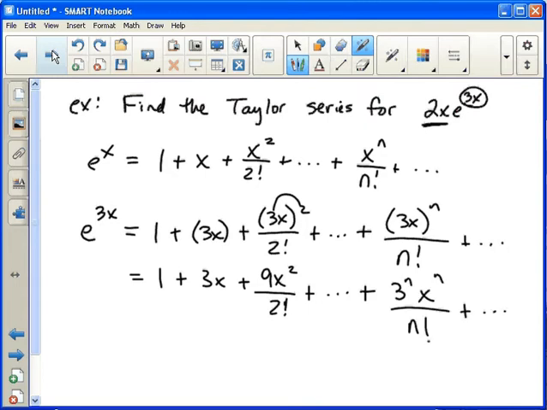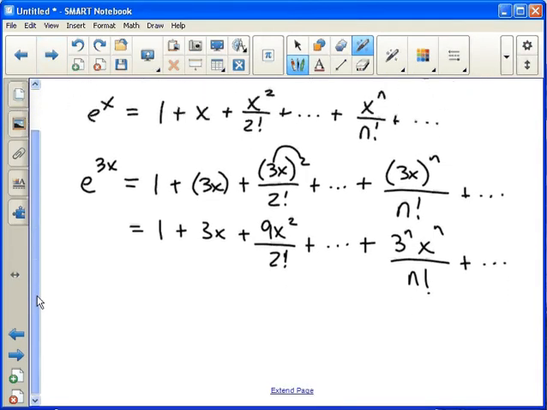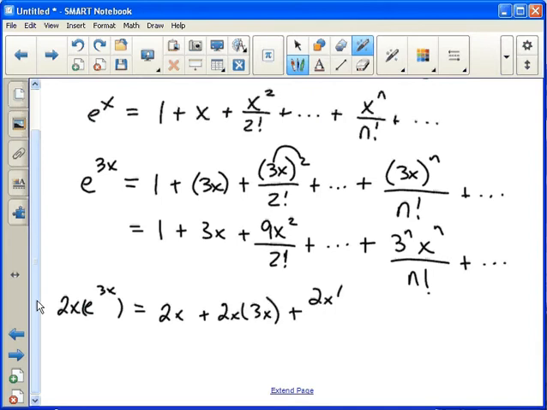Okay, but we're not done, because it didn't ask for just e to the 3x, it asked for 2x times e to the 3x. So to go from e to the 3x to 2x e to the 3x, we're not substituting anything, we haven't replaced anything, we're just multiplying. So just like we were multiplying 2x times e to the 3x, we need to multiply 2x times every single one of these terms. So 2x times 1 plus 2x times 3x plus 2x times 9x squared over 2 factorial plus 2x times 3x to the n over n factorial, and so on. So if we simplify that,